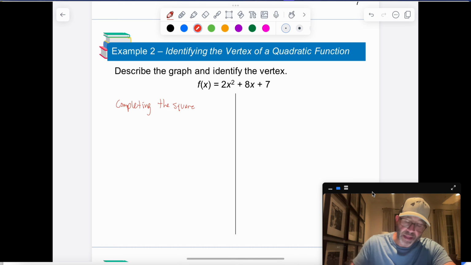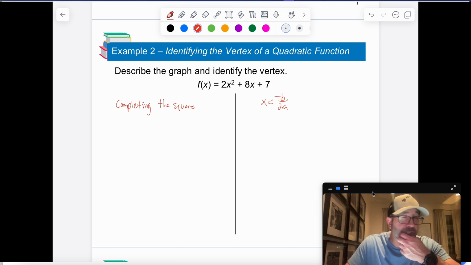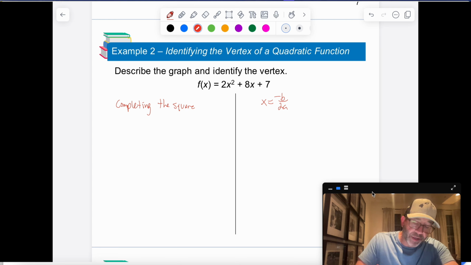Okay, and then there's the second way, which is using two formulas, x equals -b over 2a. Now you'll notice that -b over 2a is something that's actually similar to the quadratic formula. This is actually part of the quadratic formula. And then the y value for this, to find the vertex, is going to be f of -b over 2a